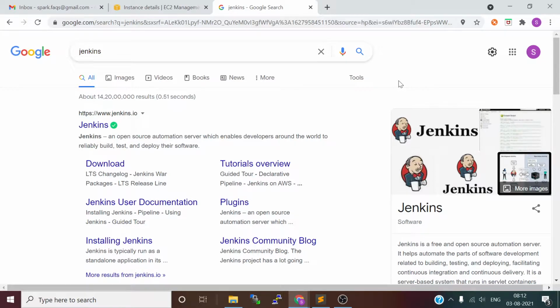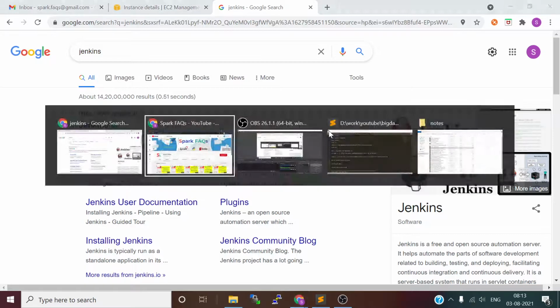If you take an example of a Java project, any Java development, you can easily integrate your source control system, and a build tool like Maven, and then you can deploy on the servers with a fully automated flow. So Jenkins will help you with automating all your different tools or services. Okay, that's what we are going to see.